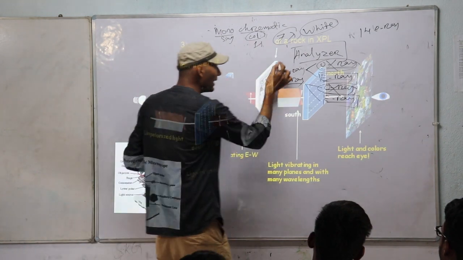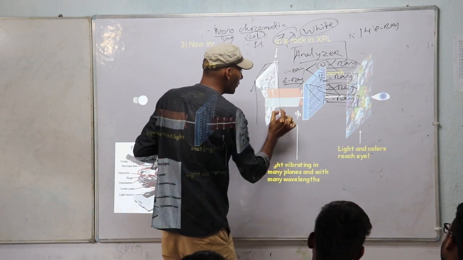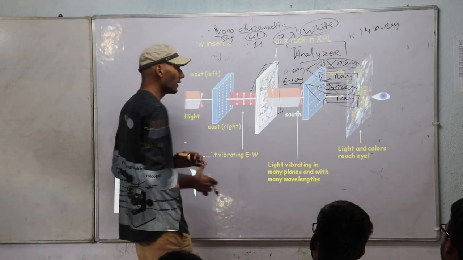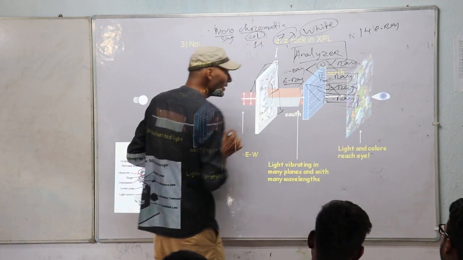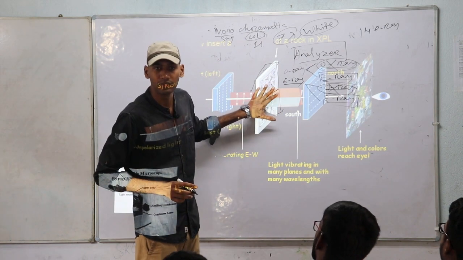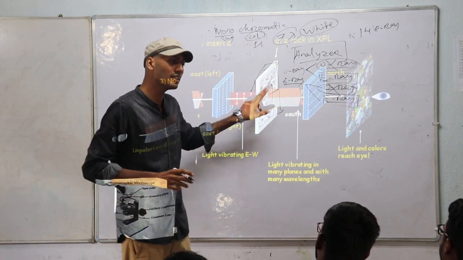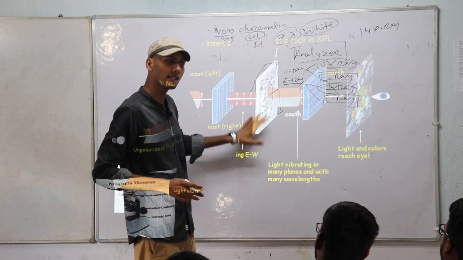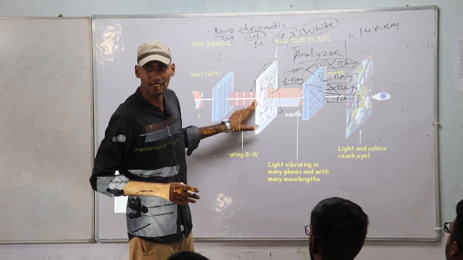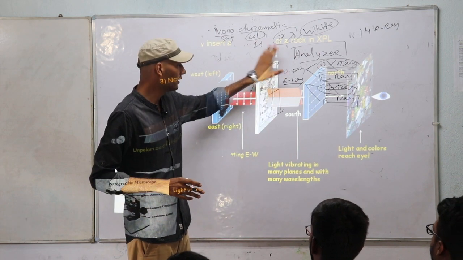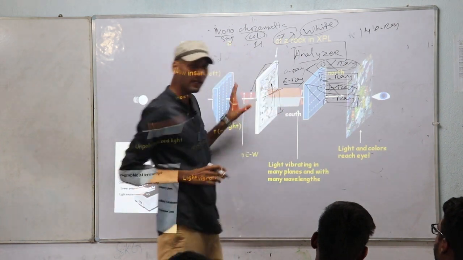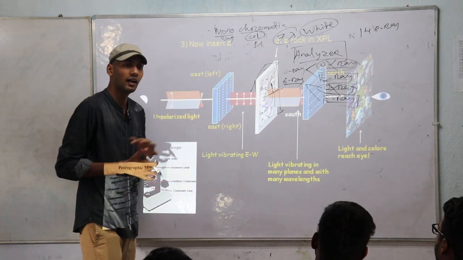The mineral has a certain vibration direction. I have told you, every anisotropic mineral has a certain vibration direction. That vibration direction is fixed for a fixed wavelength. If there are 7 wavelengths, the vibration direction is constant, the refractive index is constant for a certain wavelength. So there will be two vibration directions and there will be a resultant, depending upon the retardation.